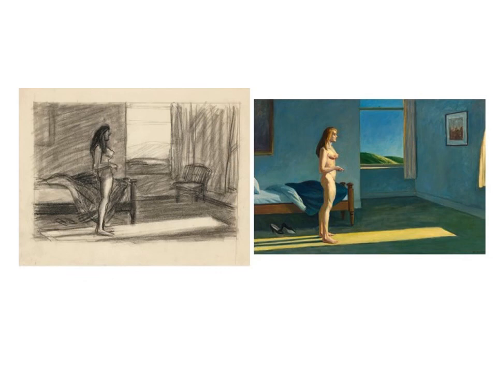This is another example of a preparatory drawing and a finished painting side by side. The most obvious feature is that the chair is missing from the corner of the room, and a large swath of drapery, which was included in the original drawing, has been replaced by a bare wall and a picture. So it's a little bit more ambiguous in the painting. Is the woman looking out the window, or is she looking at the picture, or is it both?